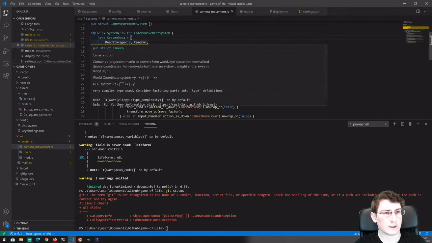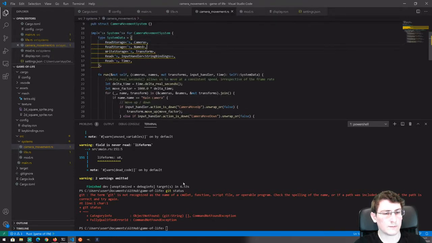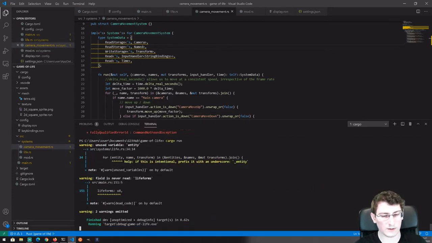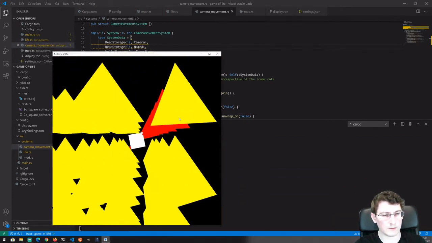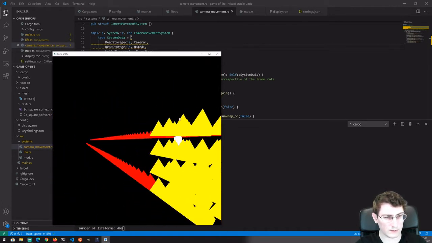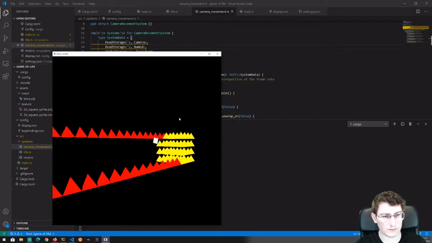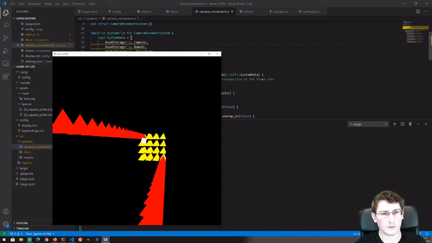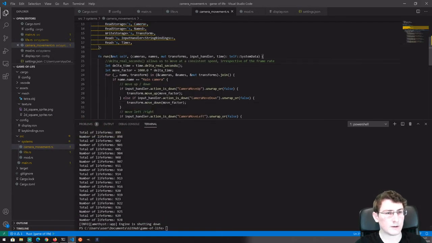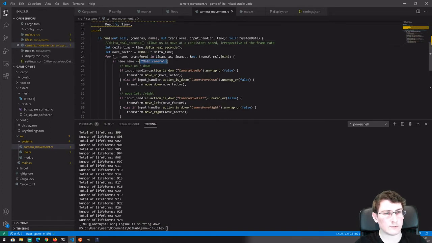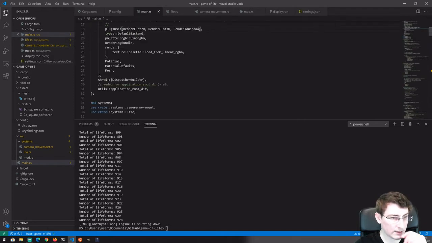The read storage camera. Oh yeah, we should just check this still works. Just removed some code, I'm very sure it'll still work. Yeah, look at that. Oh, is that doing something additional now? Fine, I'm not too worried about that. Yeah, we can get rid of this because we've only got one camera. So in main.rs we add